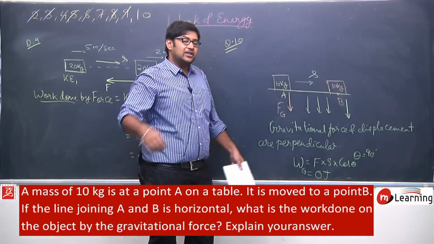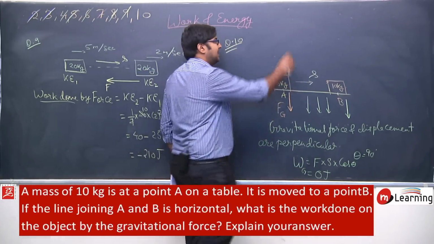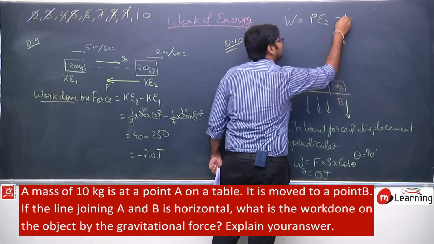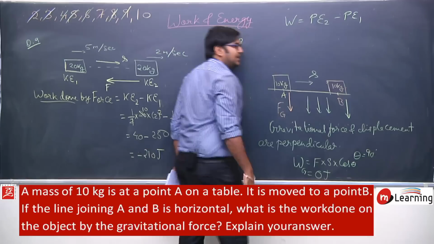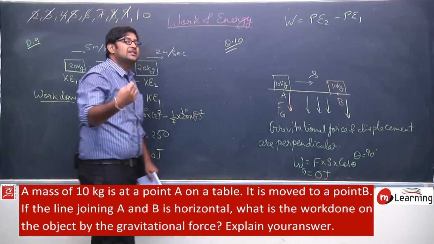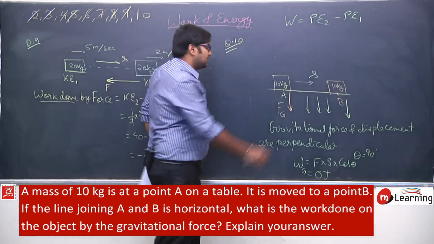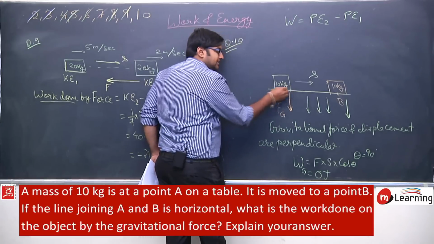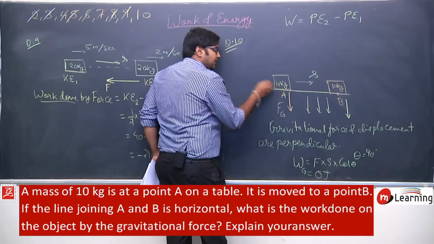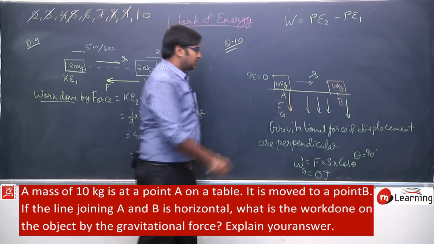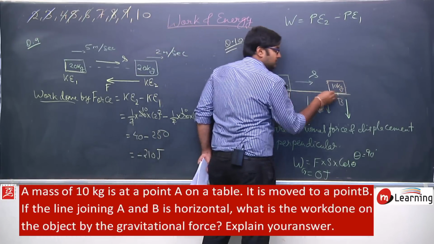Okay, and you can check in another way as well. Work done is basically the change in potential energy also. I can write the work done in terms of potential energy as well. So work done is equal to change in potential energy, but at this point of time when the body is kept on the ground, the potential energy is 0. I am considering this as the ground. This is PE1, and here also I am